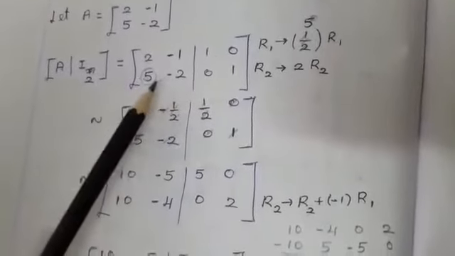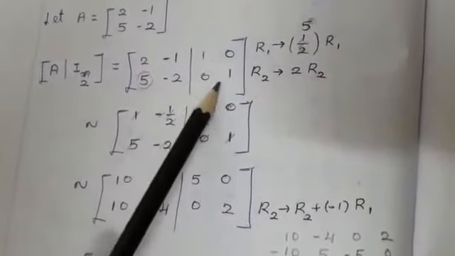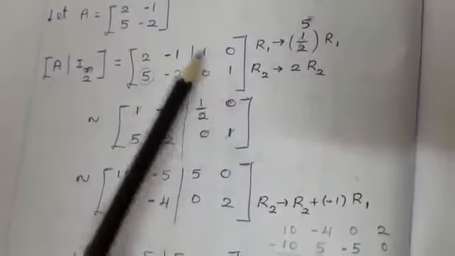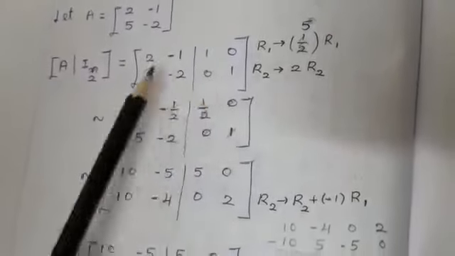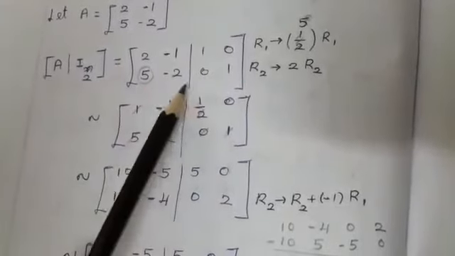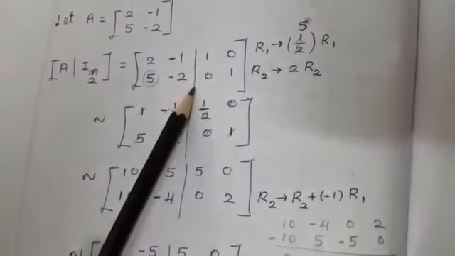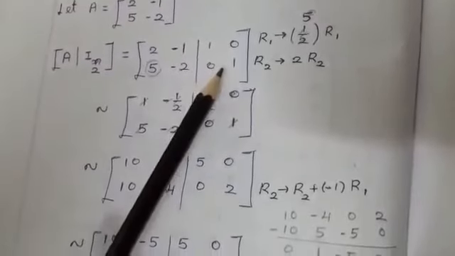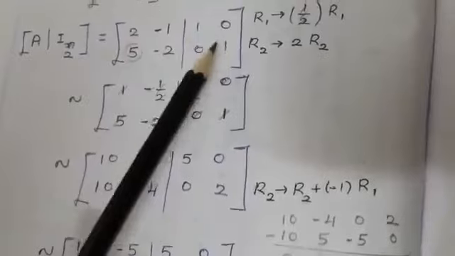Last row, when I am doing the calculation, don't think that this place I am going to do separately and this place separately. Overall, this is taken as 2 rows, 4 columns. In this way only we are going to do the calculation. This line is to identify that, to make it easy, we are converting this identity matrix, just bringing the identity matrix to the left hand side, that is 1 0 0 1, and after doing the calculation we will be bringing the values to the right hand side, students.